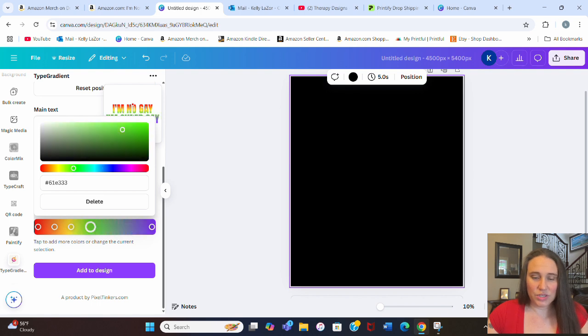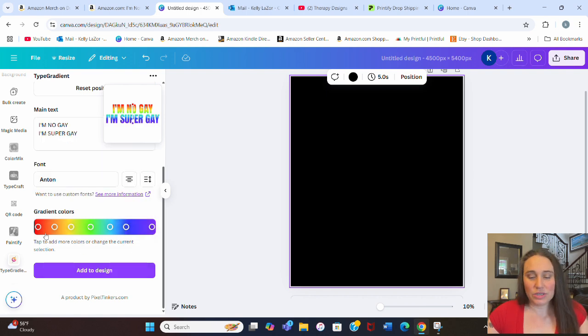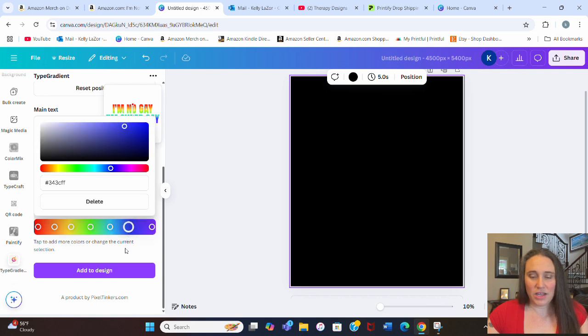I can move this one into more of that greener shade. And then I can go from here and say, I'm going to do a little bit more into blue, and even a little bit more into a solid blue here, something like that. And so you can see how I've sort of created this rainbow gradient,